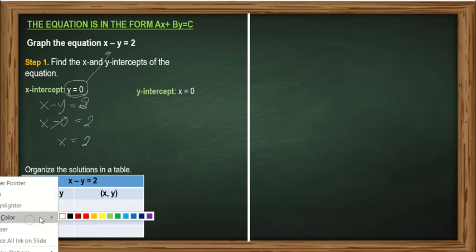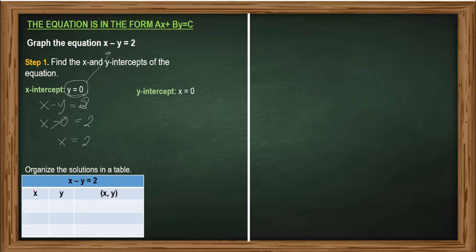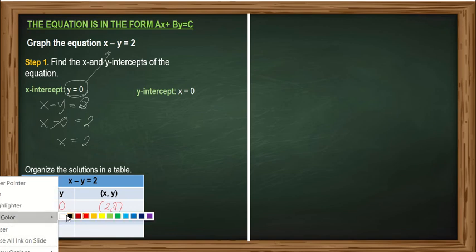So the coordinates of the x-intercept are: we have our x is 2 and our y is 0. Okay, the ordered pair is this. Then next is